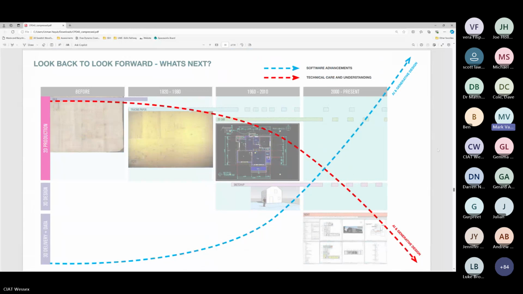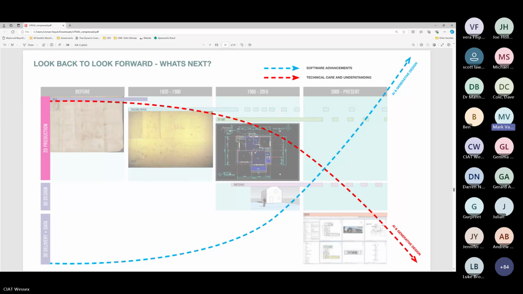So obviously we've got the further advancements coming through now with AI generative design, which is not only taking away from the technical inputs, but now we're going away from designers actually putting in their design inputs, and they're letting computers do that work for them. Again, we would be silly not to benefit from the efficiencies we could get out of AI and generative design, but all of this takes away from the skill sets, that thought process that we would have been putting into drawings, into designs, into delivery, into successful projects